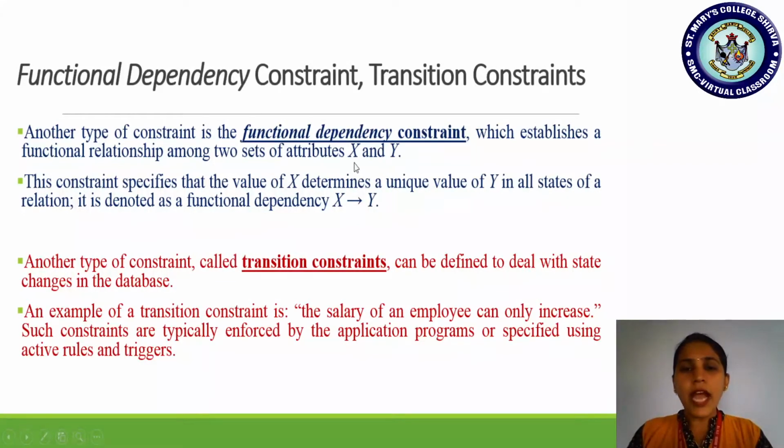If any attribute x exists, then y also exists, or y is an attribute which depends only on the existence of x.